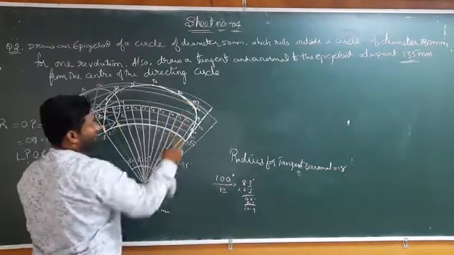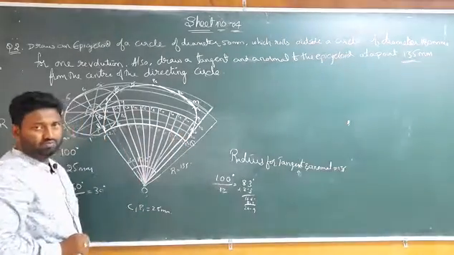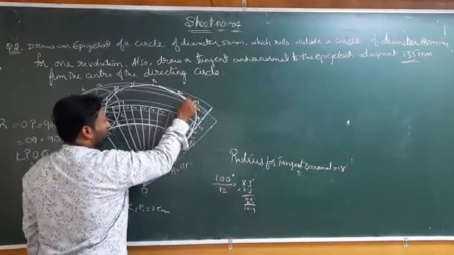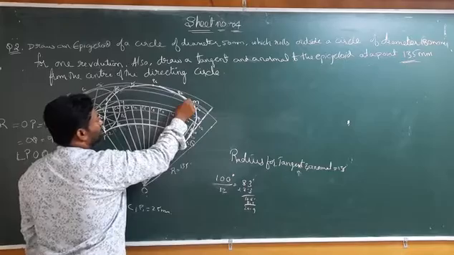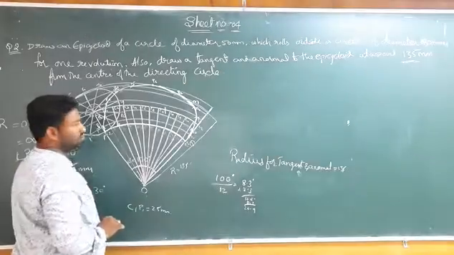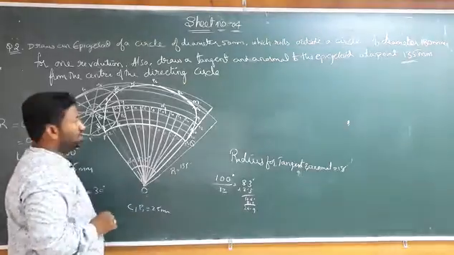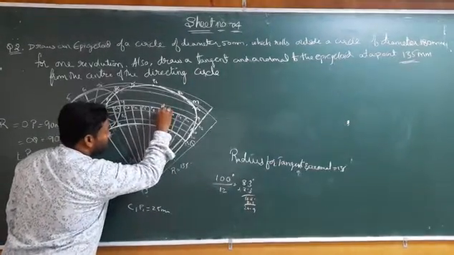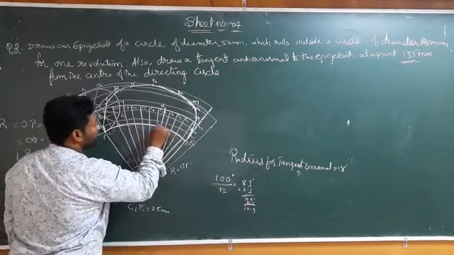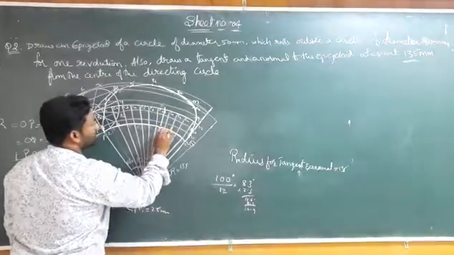Now from the point M, I will cut the arc on the center of the smaller roller by maintaining the radius 25. Now from M, with the help of the compass, this is my center and the radius will be 25 mm, and I will cut the arc on the center of the smaller roll. Now this is the point N. Now I will join this line to the center of the directing circle. This point is nothing but my starting of the normal.